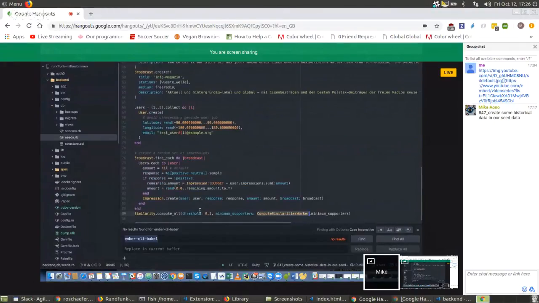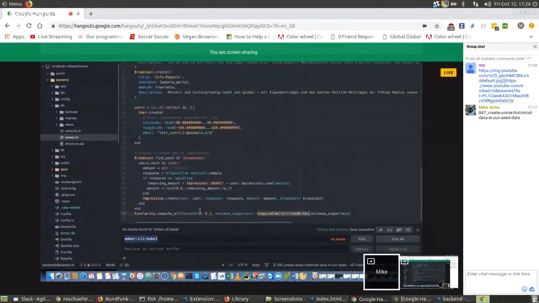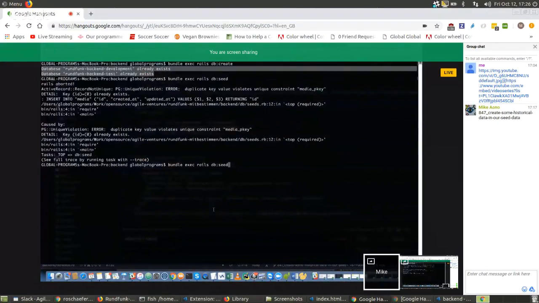I thought I added binding.pry somewhere. Doesn't look like it. Nope. But you might want to just instead of bundle exec, say bin slash Rails.